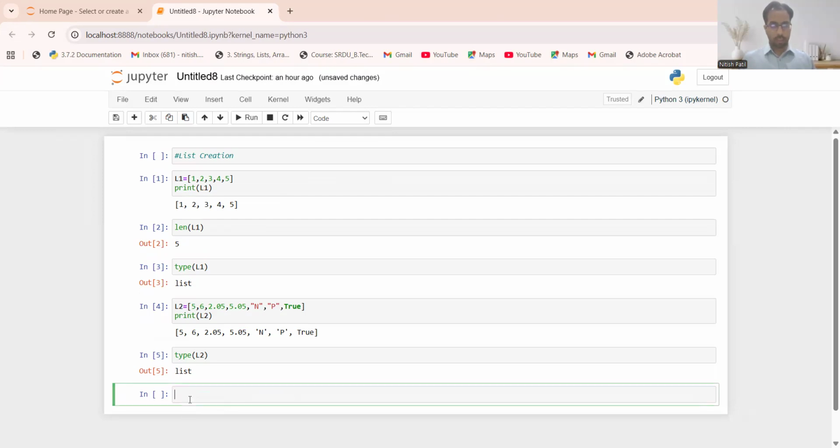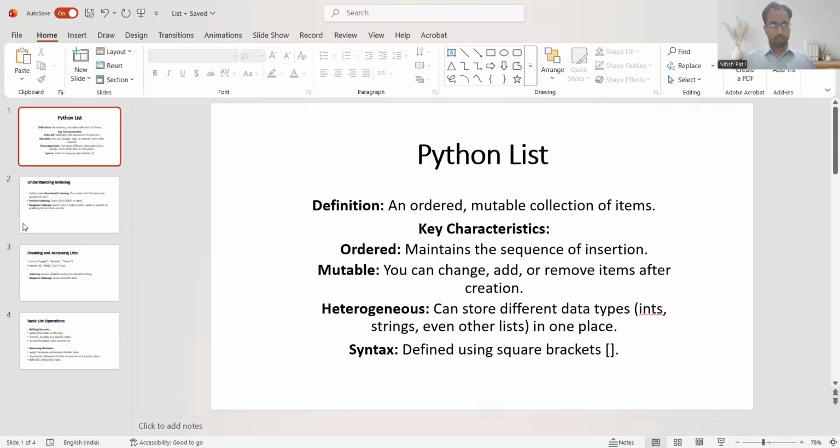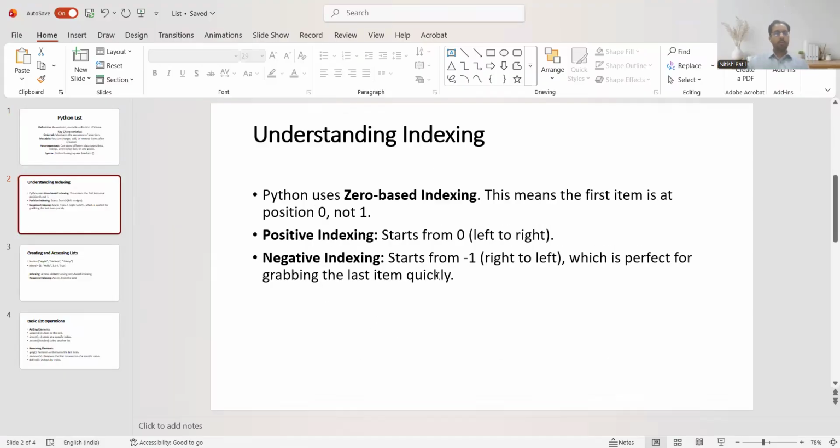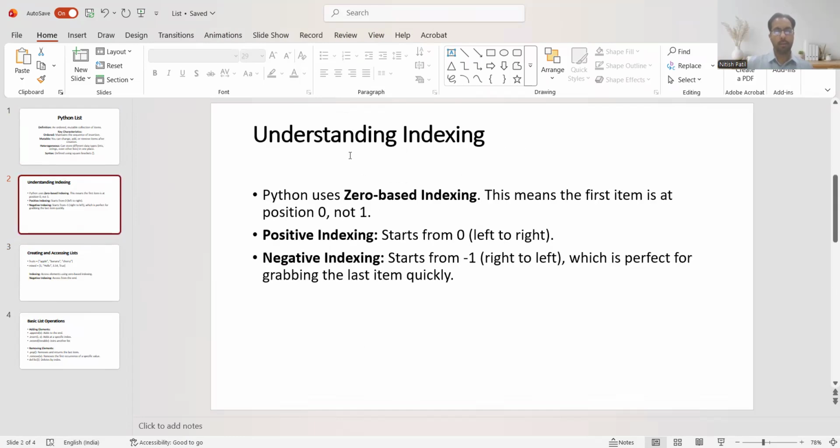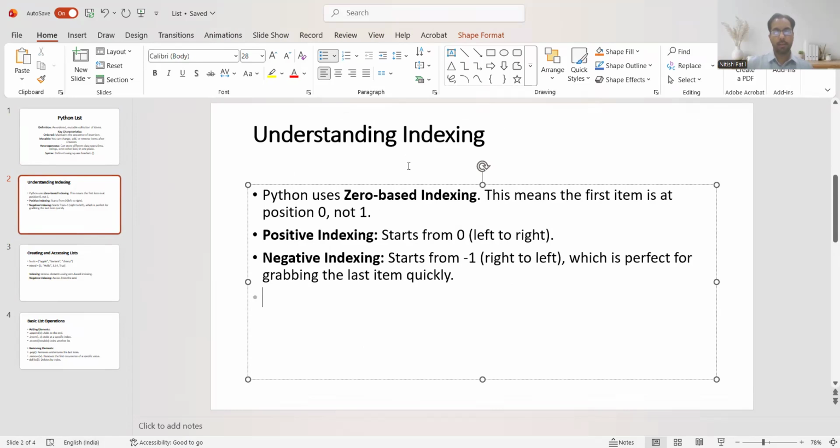Okay. Now the next topic will be accessing elements in the list. So first of all, we have created a list and now we'll access its elements. For that purpose, we need to follow the indexes. How the data is stored in a list, it will start from 0